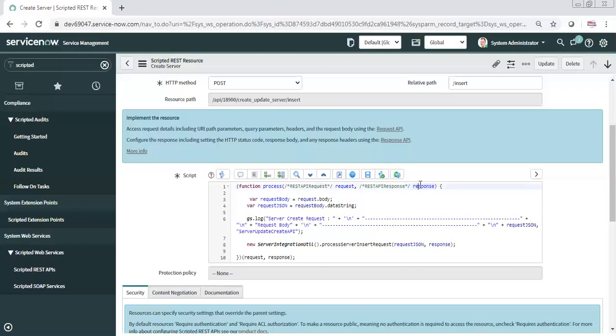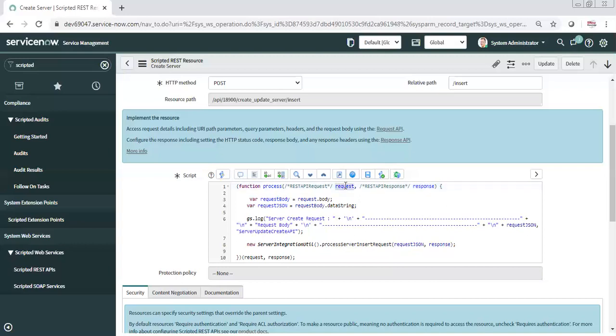We were just sharing the JSON, that is the request they will send, and the response that comes is something ServiceNow sends out of the box, because those were out-of-the-box APIs you were using. Now, as you are going to design a custom scripted REST API, you need to handle both of these in your code. You need to tell this API what response you want to send to that third-party tool. That's why these two objects become very important here.